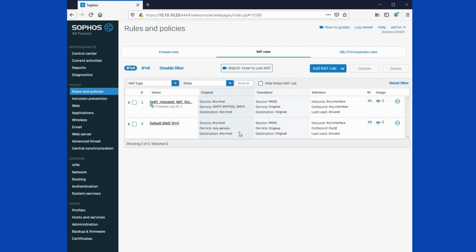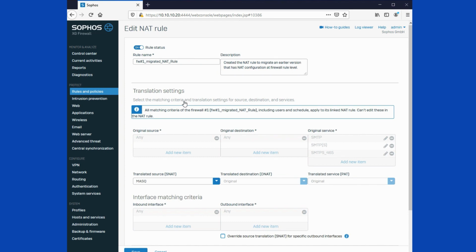Perfect. Now we have reduced the amount of NAT rules to the needed ones. So there's one NAT policy in place that applies to email communication only, as well as one policy that translates all other communication when accessing public networks. So this is a typical use case scenario, as installations mostly require the email communication to be performed via a